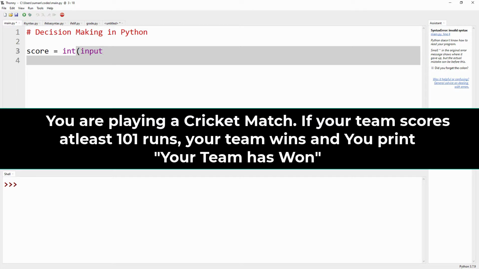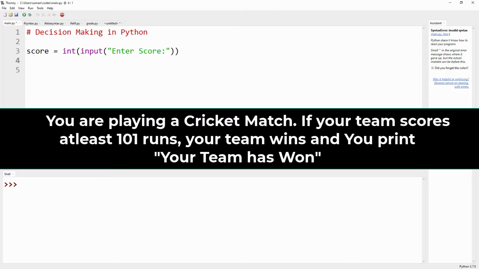Input, enter score. Then the if statement: if score greater than or equal to 101, then the colon, then the body of the statement.